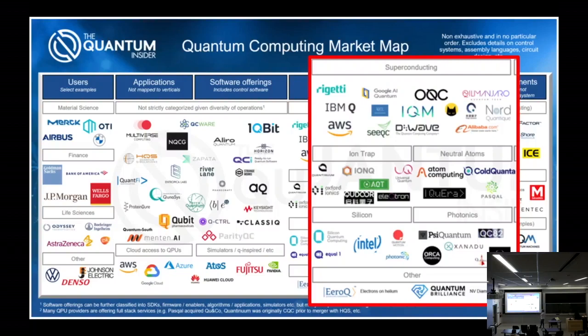Silicon-based qubit technology, so Intel, no surprise, says silicon is the way. And as y'all will see when you dig into the silicon qubit area, they basically tried to shift everything and all the infrastructure that they've built up around making silicon-based electronics to this problem. And then there's photonic quantum computing. So companies like Xanadu and PsiQuantum are trying to do quantum computing with light. So these are all real